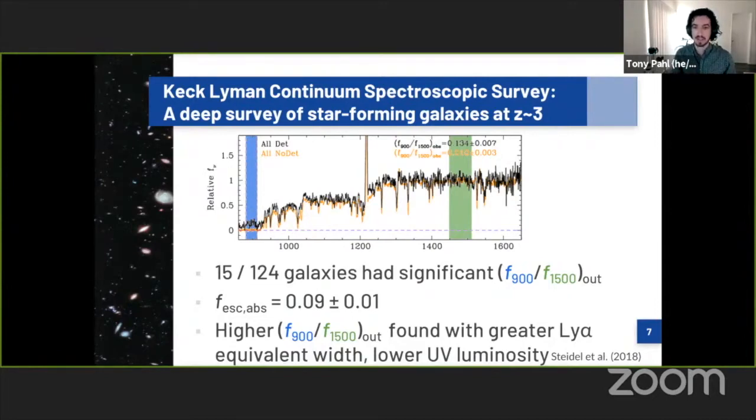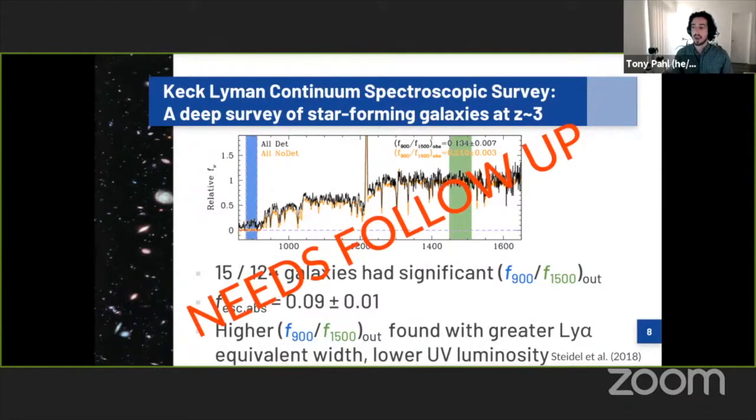Also found using this sample, higher F900 over F1500 is found with greater Lyman alpha equivalent width galaxies, as well as galaxies with lower UV luminosity. So while extensive spectroscopic removal of contamination was performed for these objects, we really need follow-up with high-resolution imaging to make sure there still aren't low redshift interlopers that were missed